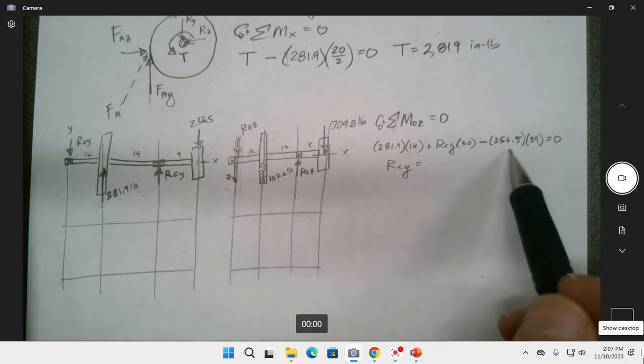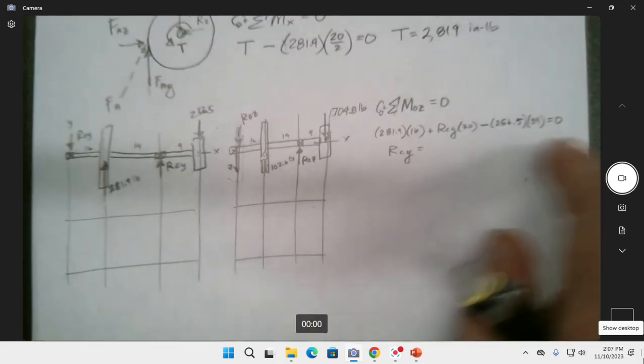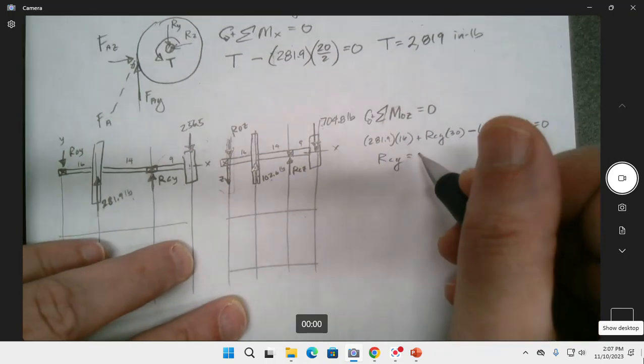All right, so this is negative, so I'm going to subtract it, but it comes out to the other side. Okay, so 30. So I got the right direction for that one. And so should we get